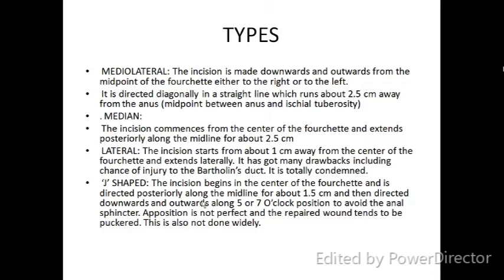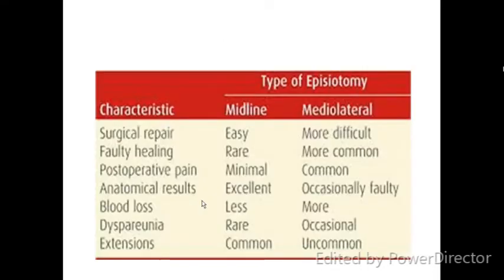Previously, obstetricians used to give the J-shape, but what happened when you are not able to give proper perineal support, even in case of episiotomy, it gets extended to the anus. So even in J-shape, the risk of 4th degree perineal tear is more, and also the wound healing is not good. So most commonly midline and mediolateral are used. Midline is also abandoned now. Usually only mediolateral is used.